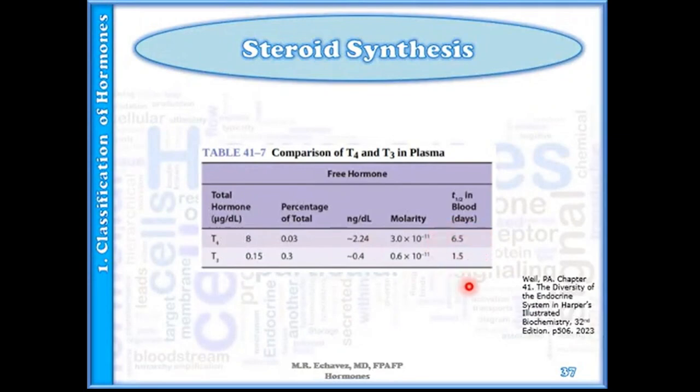So take a look at the plasma half-life. Your T4 is 4 to 5 times that of your T3. The small amount of your unbound or free fraction is responsible for the biologic activity. Despite the great difference in the total amount, the free fraction of your T3 approximates your T4. And given that T3 is intrinsically more active than T4, most biologic activity is attributed to T3. Your thyroid binding globulin does not bind any other hormones.